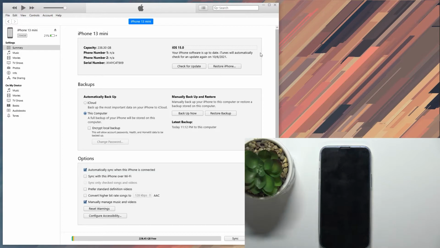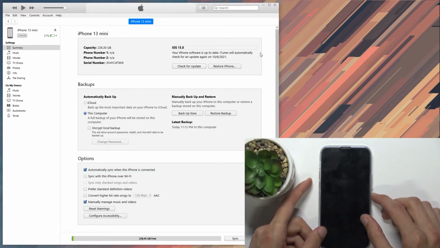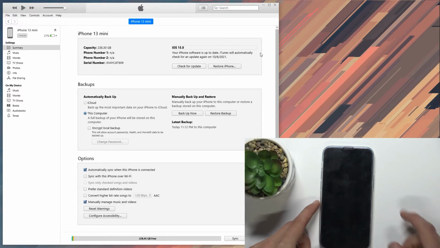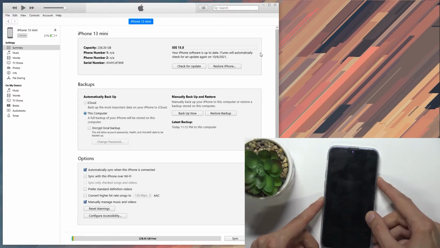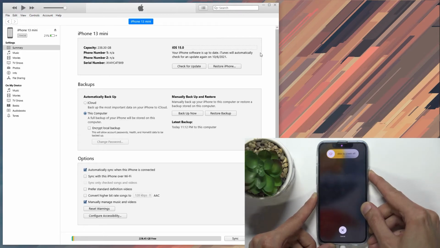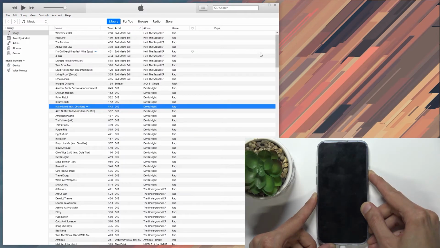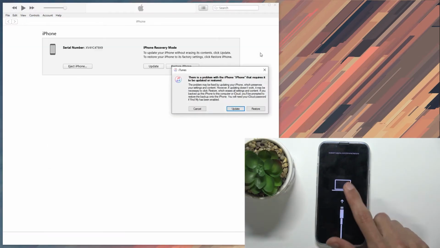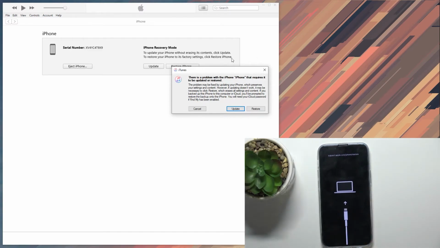into recovery mode. To do so, all you need to do is press volume up, volume down, and then hold the power key for the remainder of the time. So I'm going to do that right now. As you can see, it turned off and now it's turning back on, at which point it's going to switch to recovery mode right about now. There we go. Once you see the laptop with the cable on it on the screen, you can let go,